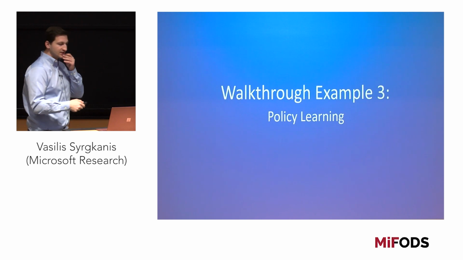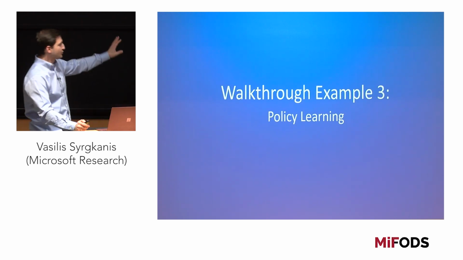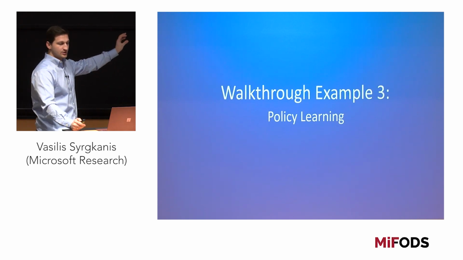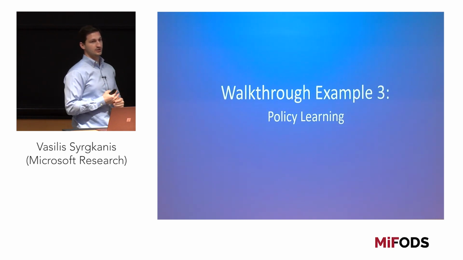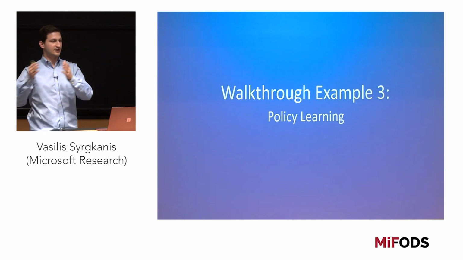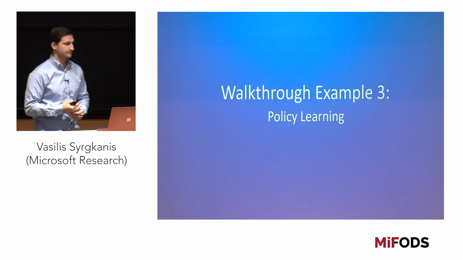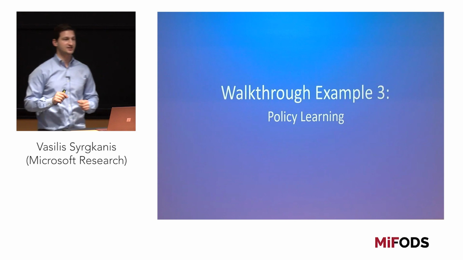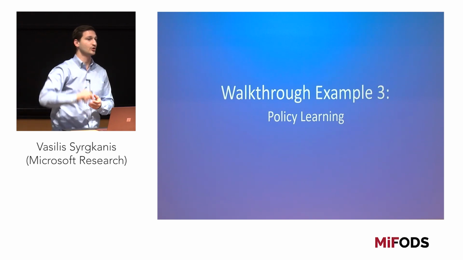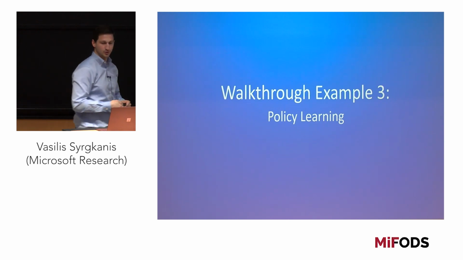And finally, let me give you an example from the literature on policy learning, which is a small tweak to the previous setup. So suppose that instead of trying to estimate the heterogeneous treatment effect, now you just want to find optimal treatment policies. So now what you want to say is, given the features x that I observe, do I want to treat or not treat this patient? So this is not a model that tries to predict the actual effect, but it's just a model that tries to predict will the effect be positive or negative, right? And then say, treat or not treat based on the sign of the policy.